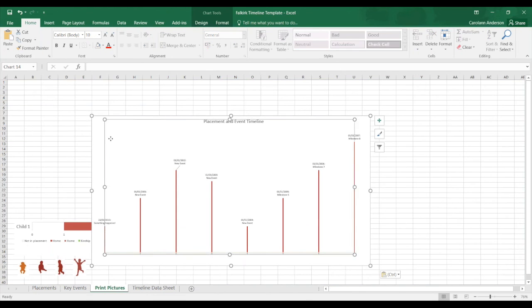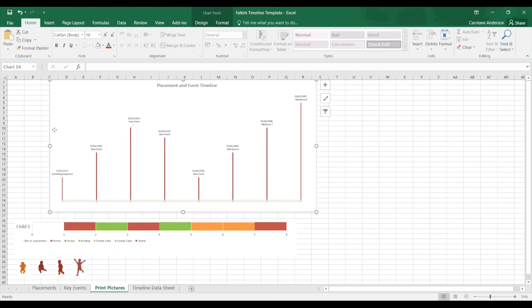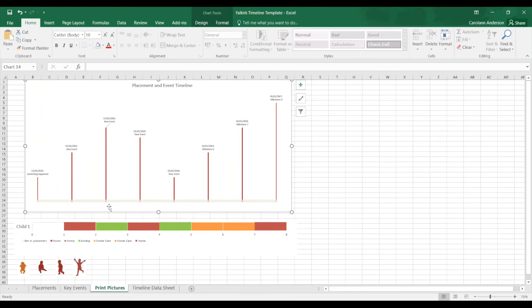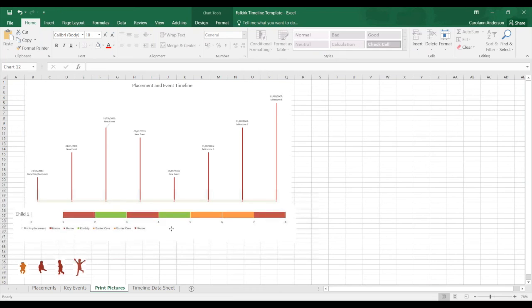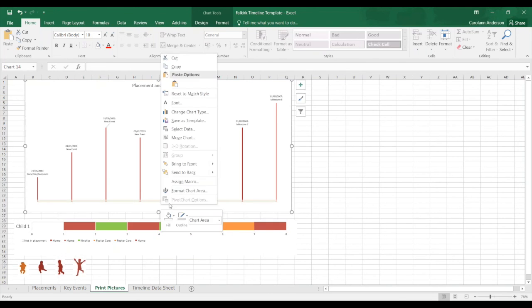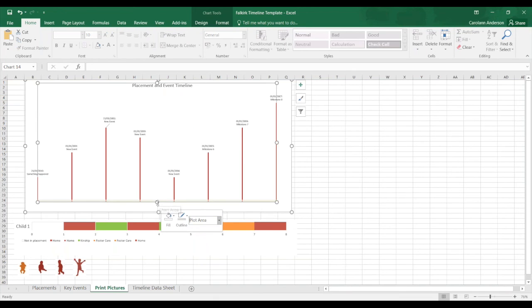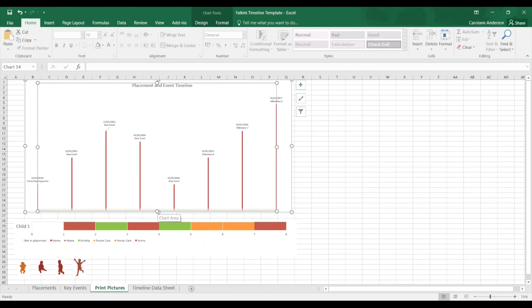This is the tricky bit, aligning the charts. I've provided more information that will assist you to do this particular part, but I'll show you some information here at the moment. So I'm going to reduce the key events chart. I'm going to adjust this chart so that I can set this chart on top. At the moment you can see it disappears. So I'm going to click on the key events chart, right click, and here I'm going to change so that I can look at the plot area. I'm going to bring the plot area down, so it moves it further down the chart.